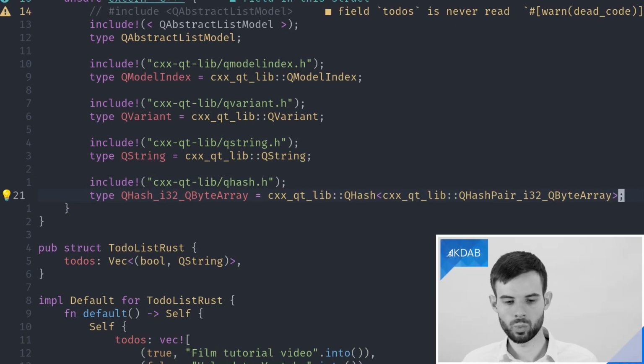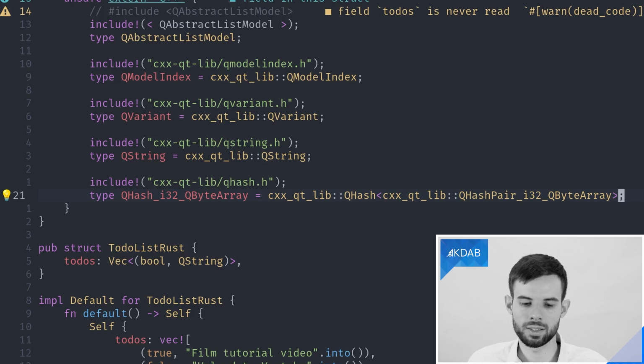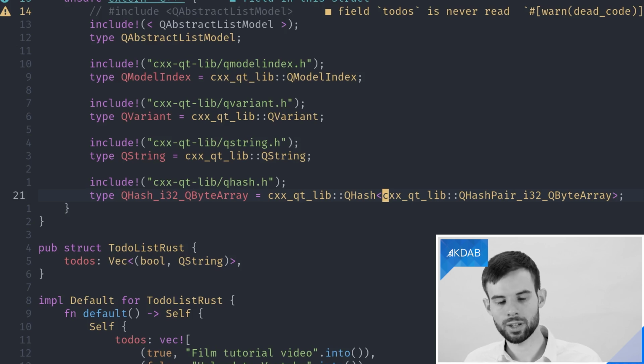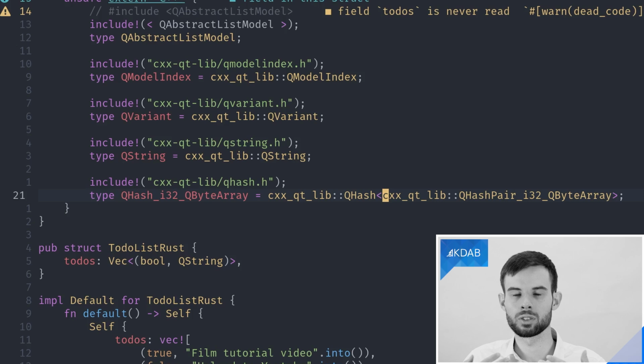So here we actually can see that in cxx-qt-lib, the QHash, even though it's an associative container, doesn't actually take two type arguments. It only takes one. That is due to some limitations of Rust's orphan rules. And the way we get around this is that we can use a QHash pair, which is already typed by two specific types.